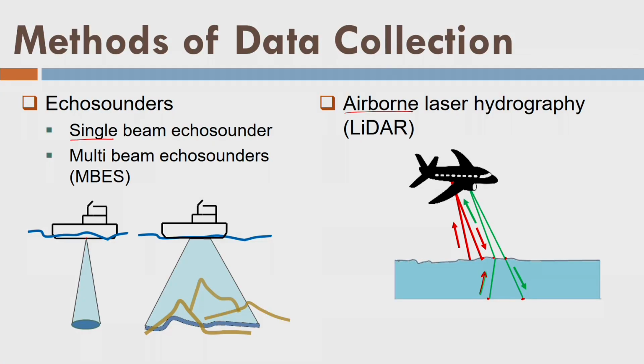It is reflected again and goes back to the sensor. And by measuring the time interval between the green and the red pulses, I can find out the depth of my seabed, and the coverage, because of the airborne facility, will be much higher compared to the echo sounder which is used with vessels. Fine. That's the idea here about the measurement of depth. So we will be discussing all these instruments in detail in coming lectures, but here we are giving just an introduction to how we perform a hydrographic survey and what a hydrographic survey is.